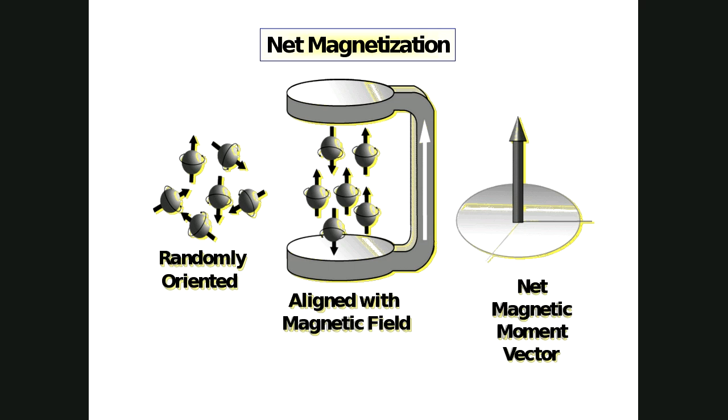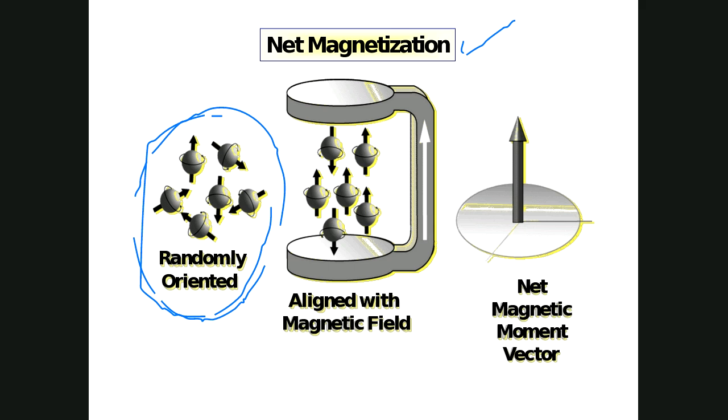We wanted to talk about something called the net magnetization. If you look, this is what we did last time. We said that these protons are randomly oriented. Hopefully now I'm going very slow. So these guys are randomly oriented in nature. There are so many of them, and they are randomly oriented. Once you apply a magnetic field, represented by a vector here,